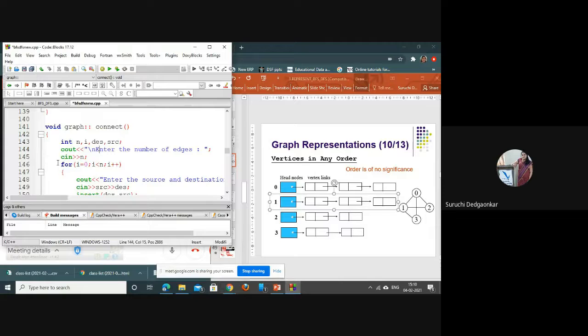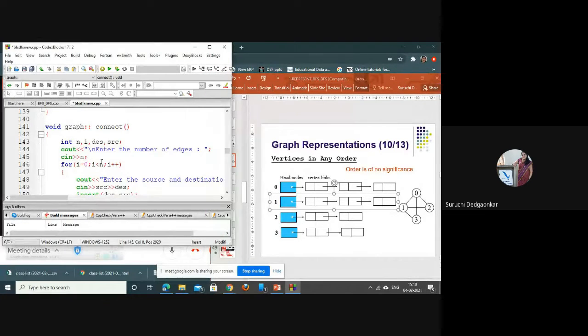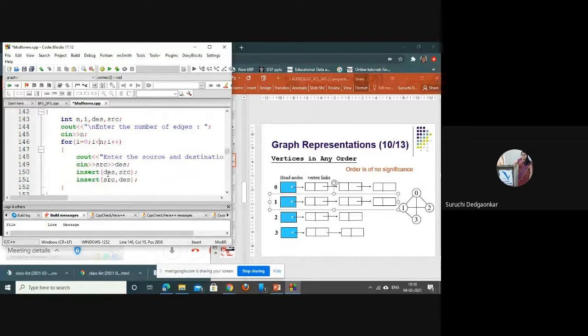The number of edges to be entered is, in our case, 5. Every edge is to be inserted from source to destination as well as destination to source, as this is an undirected graph. That's why a symmetric graph should be created. Every edge is reflected twice, so insert is called twice.